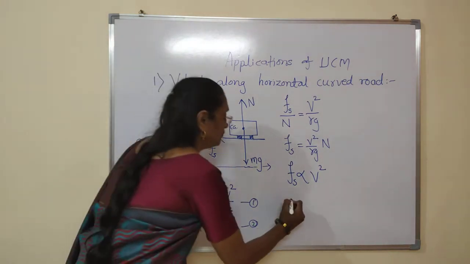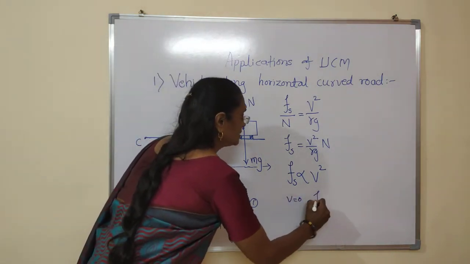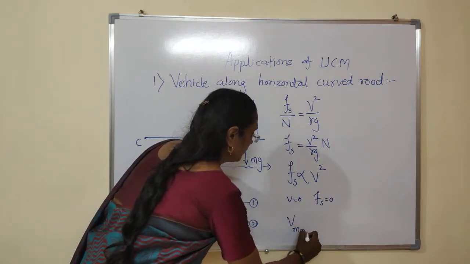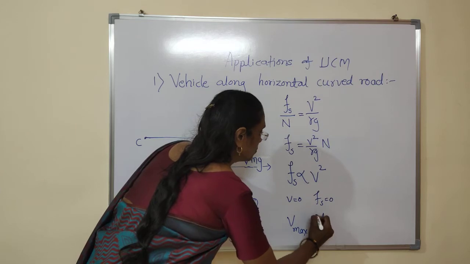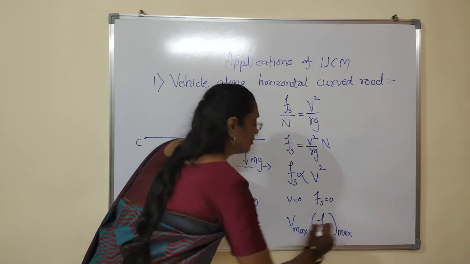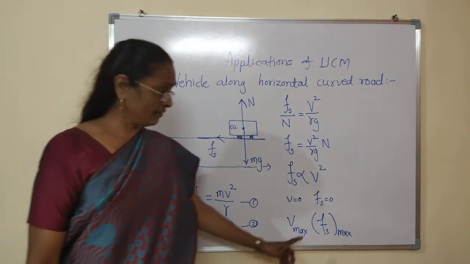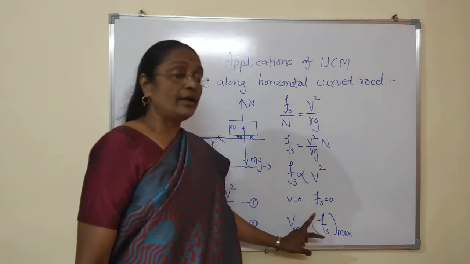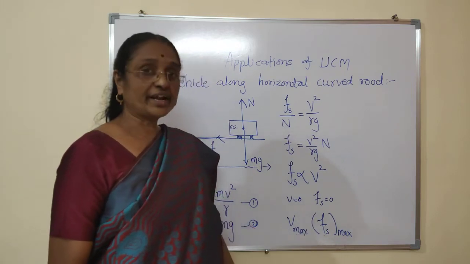Means when v is 0, Fs is 0. When v is maximum, Fs also takes its maximum value. Fs can take its limiting value, and according to the law of static friction,